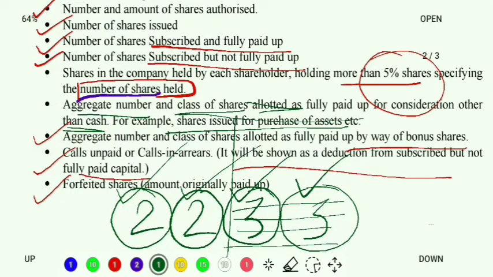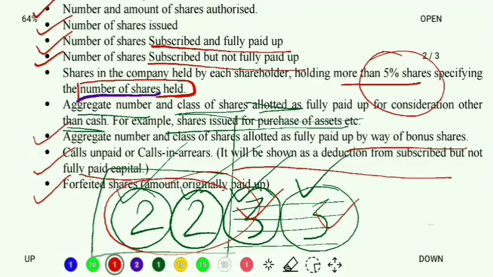Now one more thing I would like to add. For the forfeited shares, means the shares of Mr. X, he had already paid 4 rupees, he was only unable to pay this 6 rupees. So what will happen? This 4 rupees which Mr. X has already paid, it will be a gain of the company. Okay, the company will forfeit the shares, the company will take the shares. At the same time, the company will not return this 4 rupees which already Mr. X has paid. Okay, this 4 rupees will become the gain of the company. Just for your knowledge, I am discussing this.